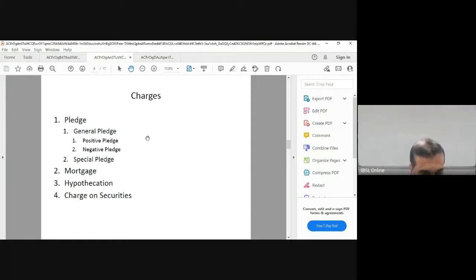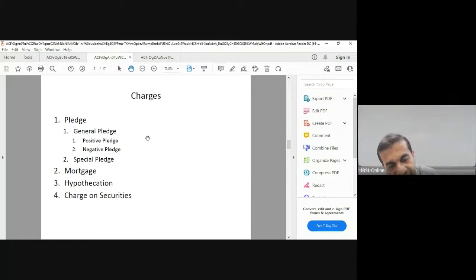A general pledge can be in two ways, positive pledge and negative pledge. Under a positive pledge, the goods need to be kept in the custody of the bank. So the bank might have their own stores, and the customer will bring the goods and put them into the bank's custody. But practically we don't have stores, so we will take the customer's stores on a lease agreement, and the customer's goods will be there and we will padlock it. But there had been a lot of issues, so we ask the customer also to padlock it, so that both parties need to get together to reopen the pledge facility.